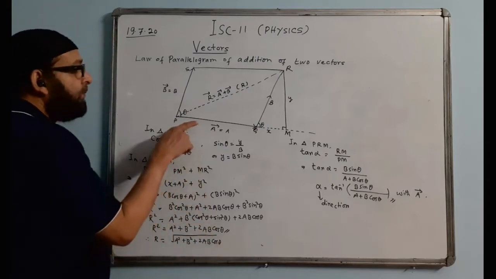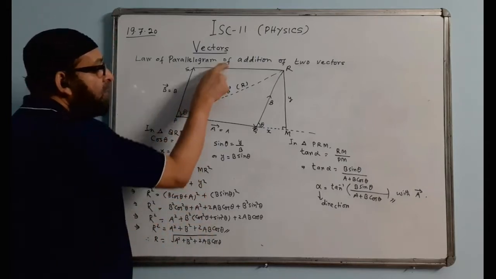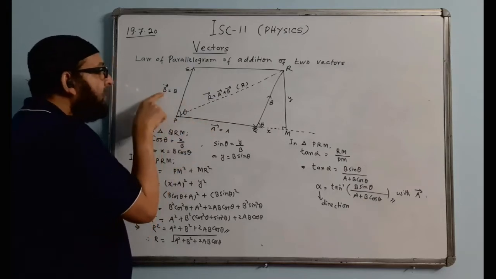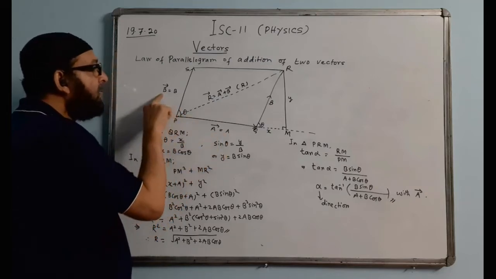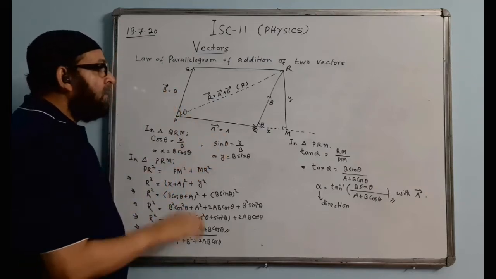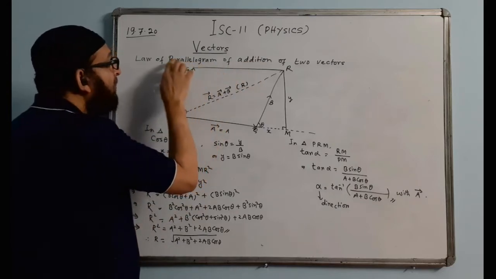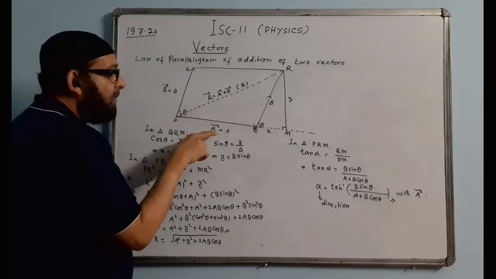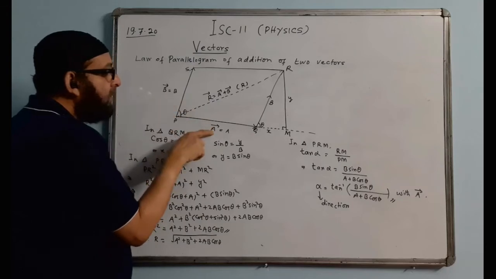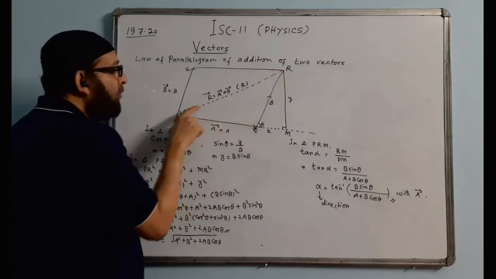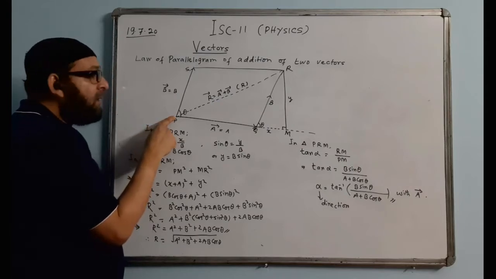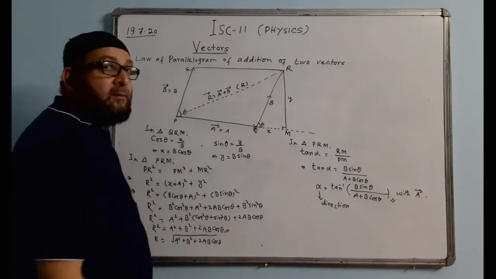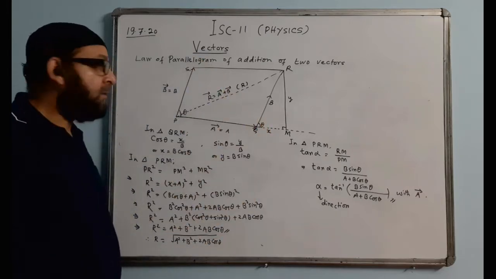What I mean to say, these 2 sides are adjacent sides and these 2 are opposite sides. So these 2 sides are representing 2 vectors, vector A and vector B. Vector A's magnitude I am taking as A, vector B's magnitude is taken as B. Then the resultant, means the sum of the vector A and vector B, is given by the diagonal of the parallelogram from the common origin. Here is the origin from where both the vectors are emerging out, that is, one vector A and another vector B. Don't take the other diagonal as the resultant.